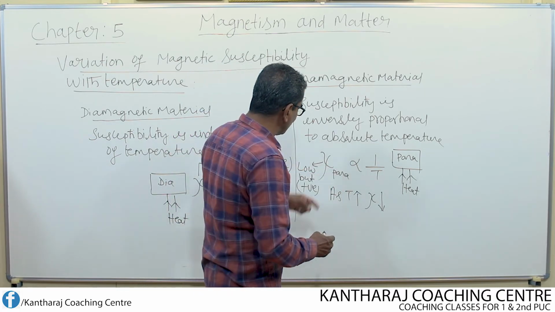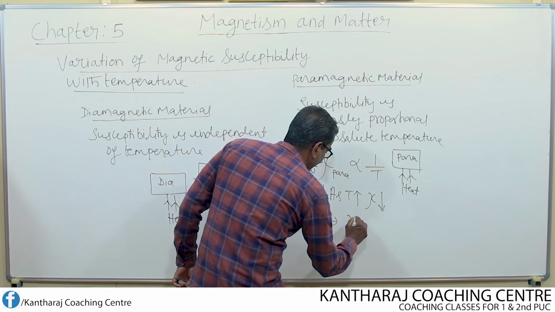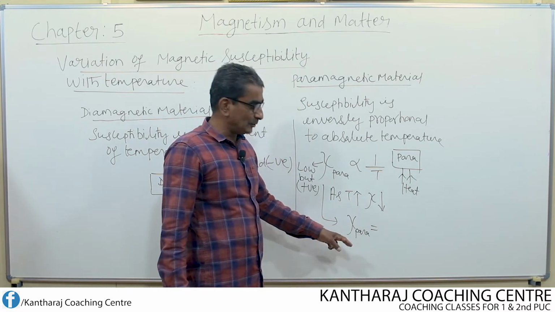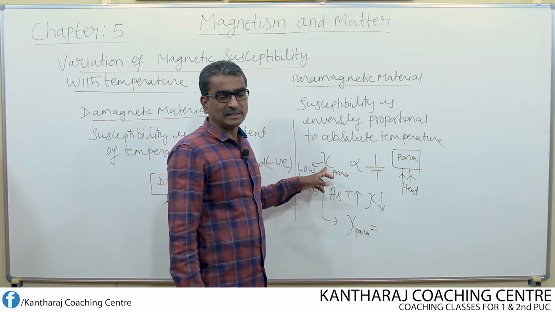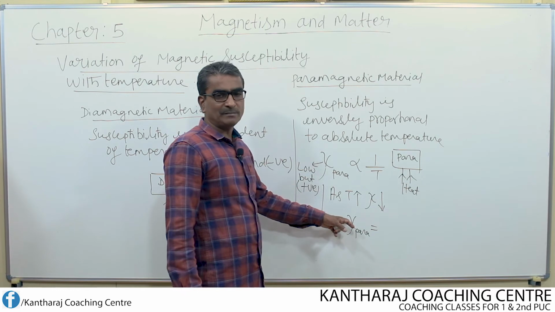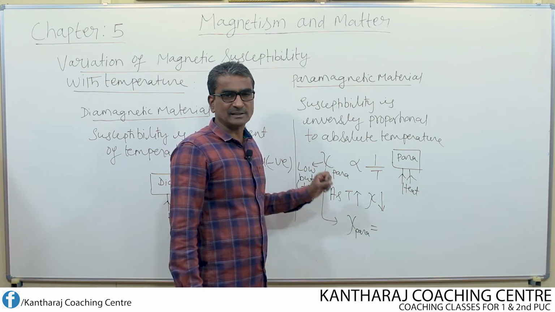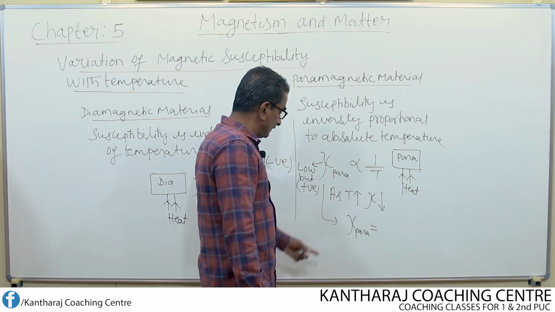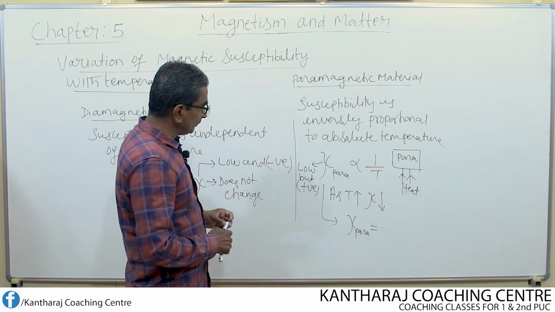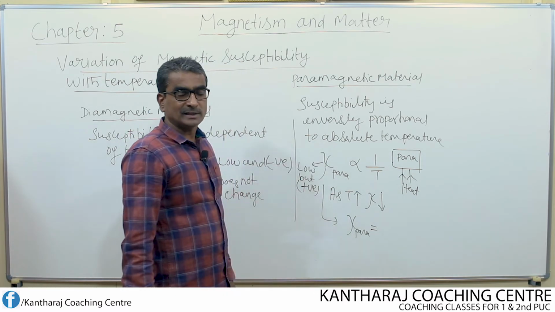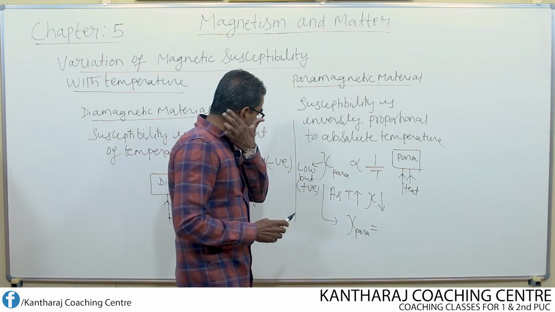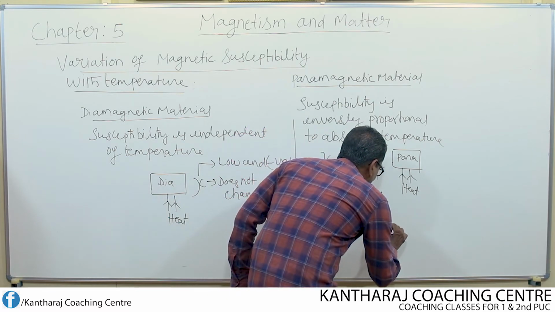So now this can be also written like this. Susceptibility of paramagnetic material. So the symbol or the notation that is used here, it looks like X, but it is not X. It should be expressed as chi. So chi is the symbol that is used to represent the susceptibility of any magnetic material. So here the susceptibility of the paramagnetic material is found to vary inversely with the temperature. Then it can be written in the mathematical form, that means in the form of law. So what is that law? It is nothing but, I introduce one constant.